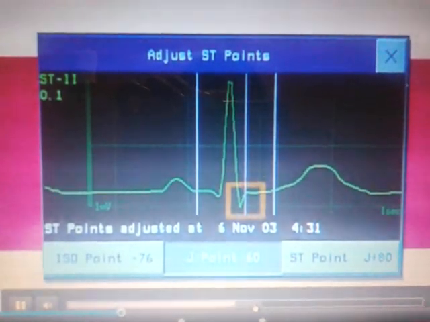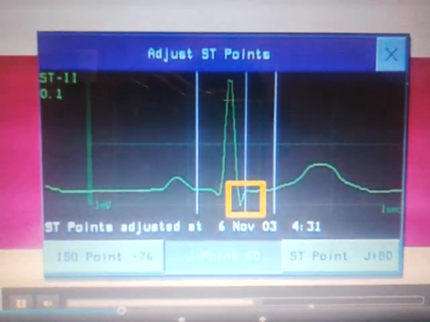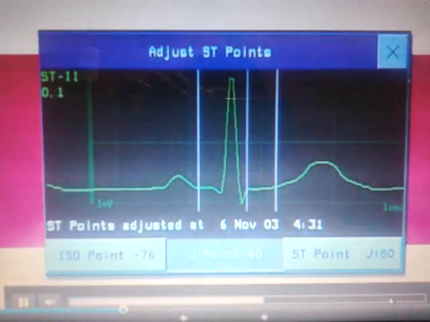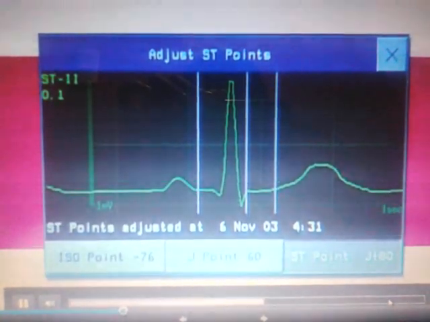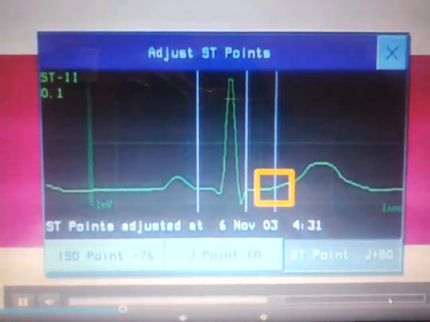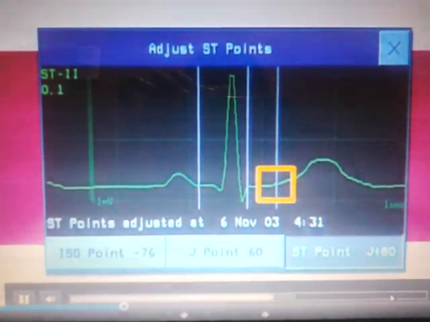The J point cursor is positioned at the end of the QRS complex and the beginning of the ST segment. The ST point is positioned a fixed distance from the J point. Either